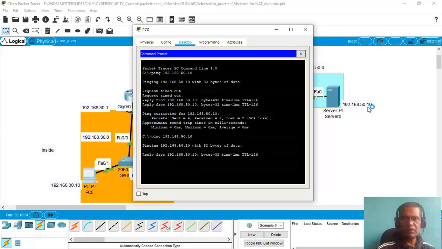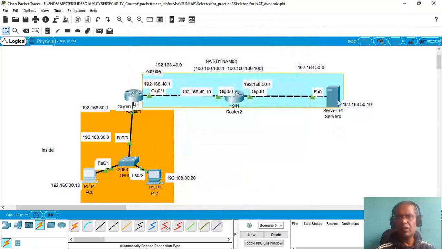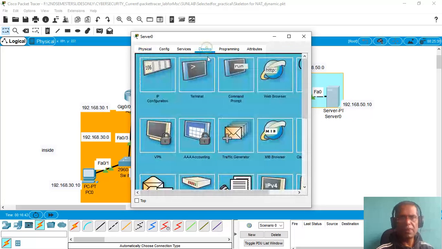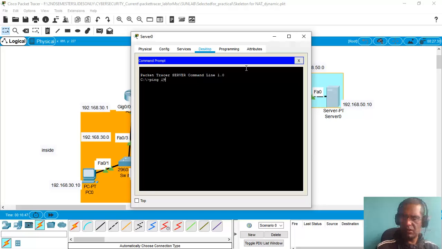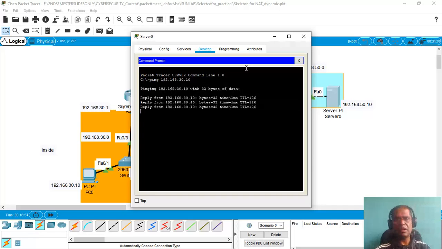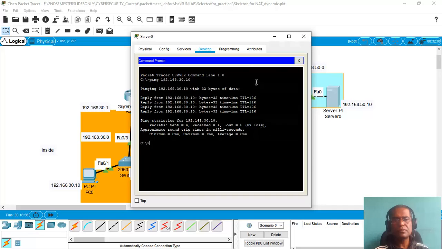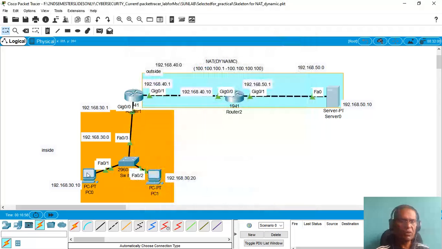Let us confirm it. There is a reply. We will also ping from here, just for formality, to 192.168.30.10. There is a reply. So no problem, we have completed the first step, as the end machines are able to communicate with the machines in the other network.